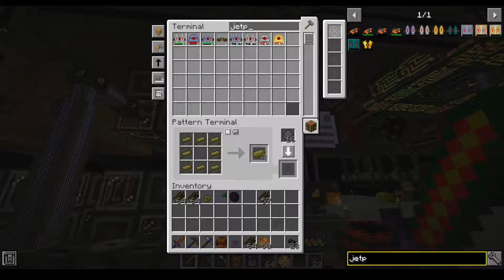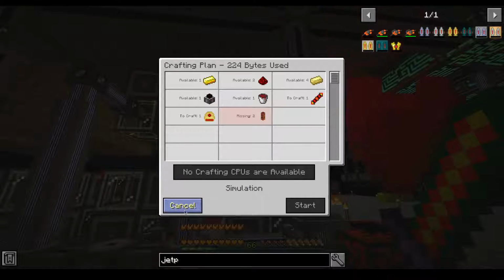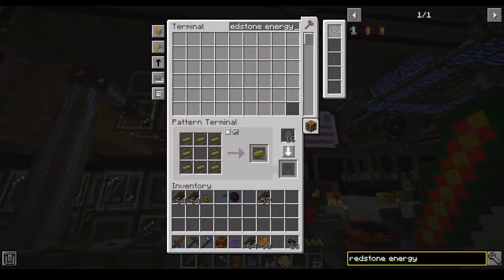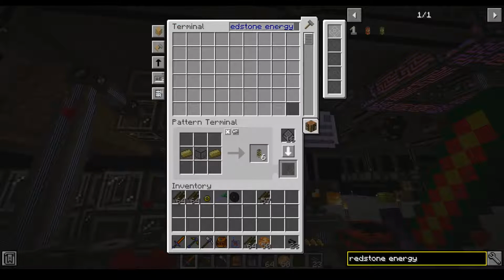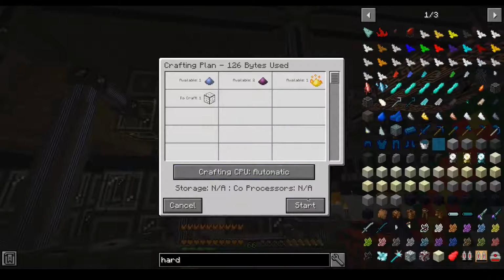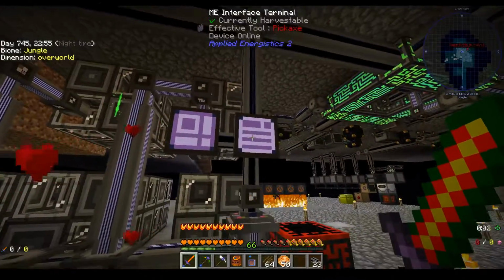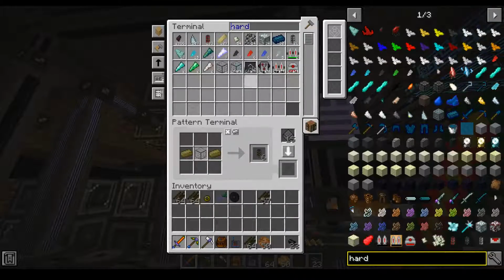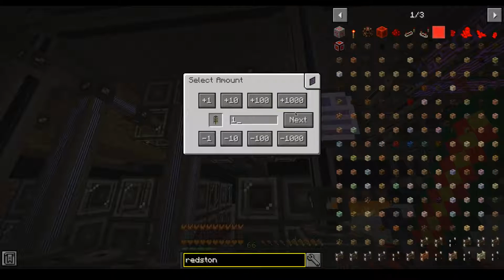And then flux ducts. So jetpack. In order to make this, we need a redstone energy flux duct. So redstone energy flux duct. So we want to change that to hardened. Go. Swap that out. Tell it that this is how we make that. And now we can tell it that if we make one of these,